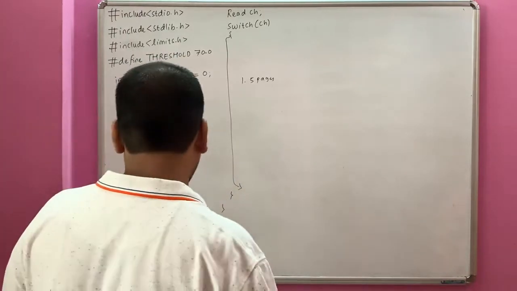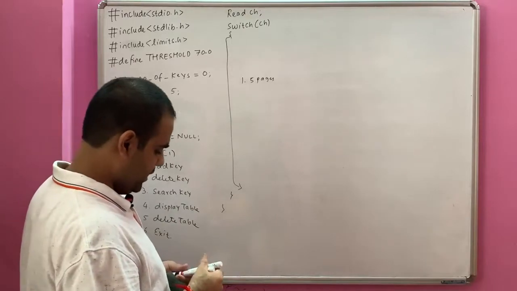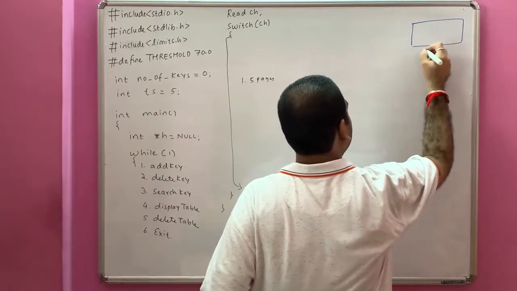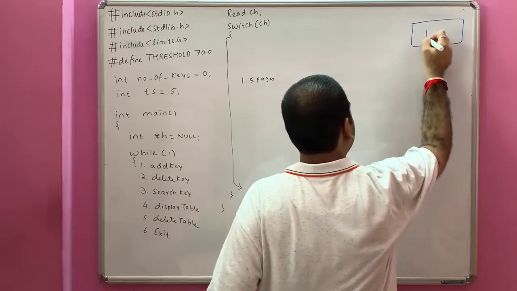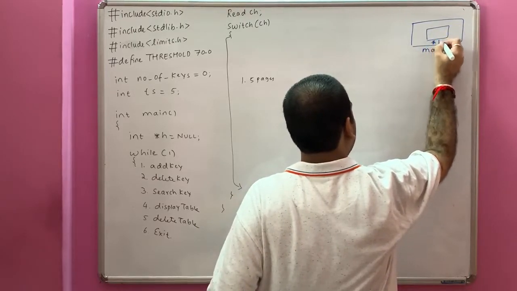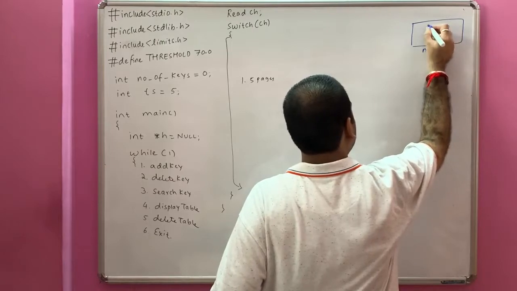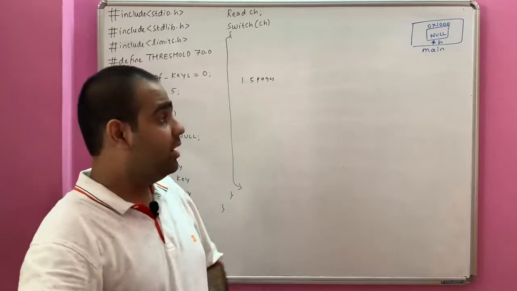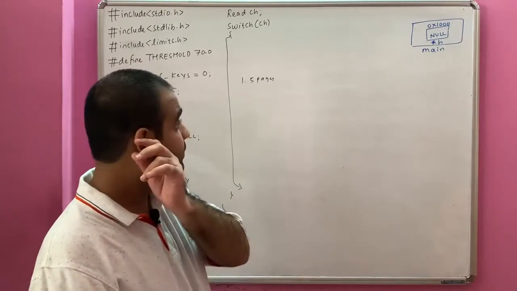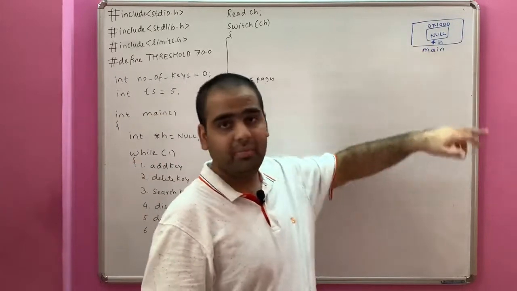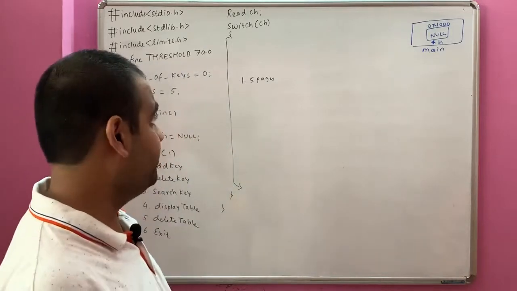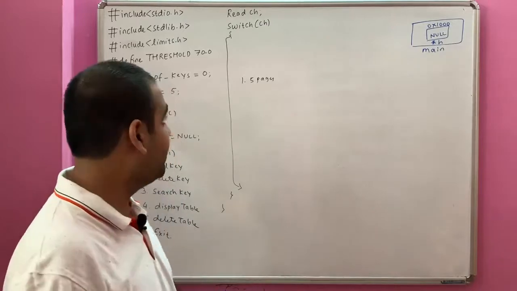Okay, now before this let me draw the diagram of the main. In main we have one important variable, and that important variable is h, and the value of h is null. Let the address of this be say 1000. Okay, now whenever I will allocate it, the value of h from null will change to something because it will point to something else. Therefore I need to pass with address.